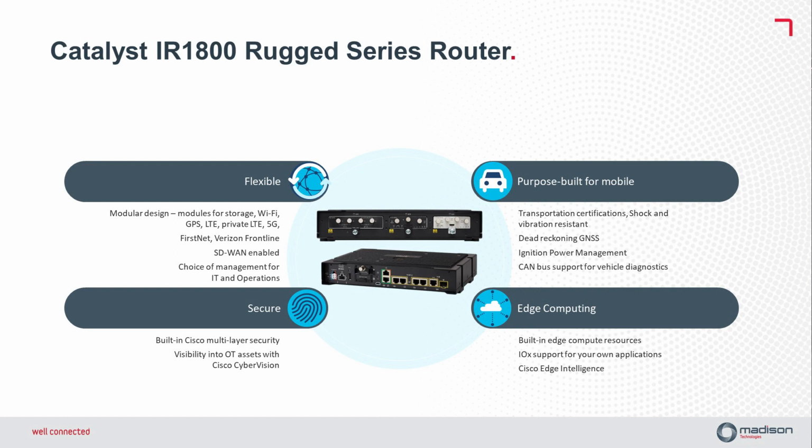Because it moves, you probably need location. So it has a GPS or GNS module. IR 1835 uses the measurements from the GNS receiver, gyroscope, and accelerometer to provide you with the accurate location of the assets when devices are in tunnel. When vehicles and devices are in tunnel, you use these three things to provide you the accurate location of the